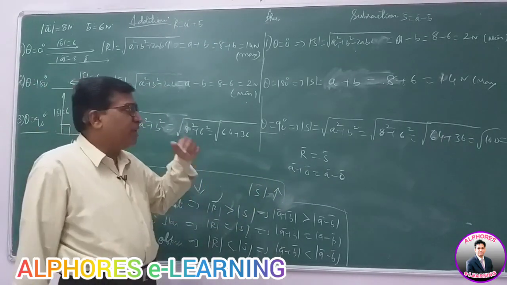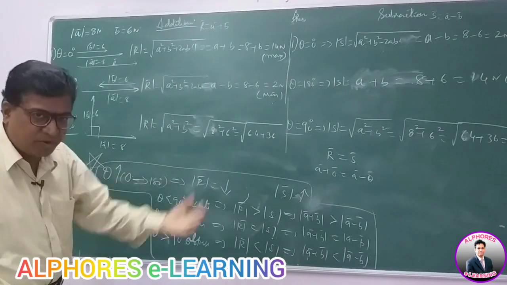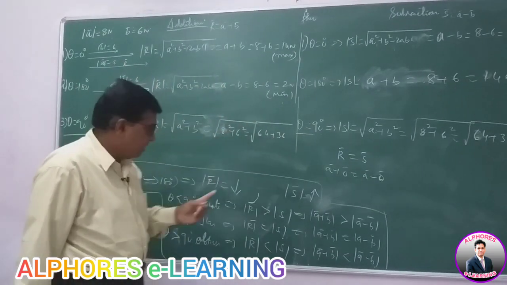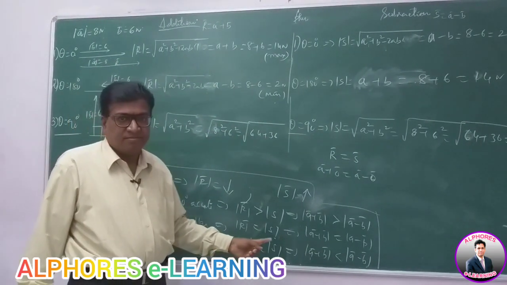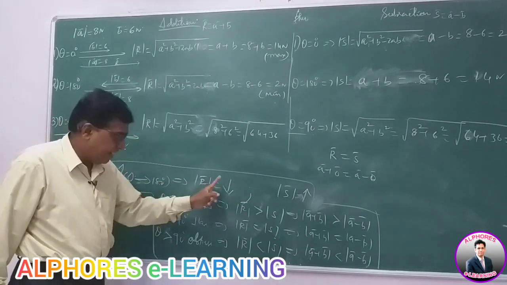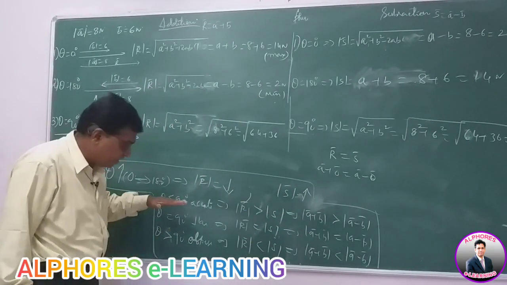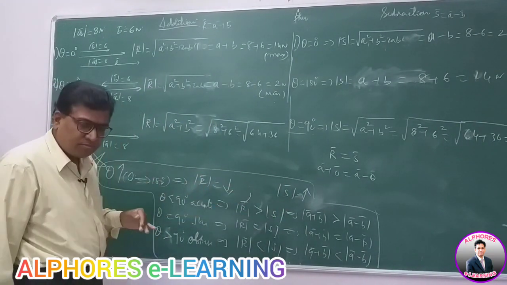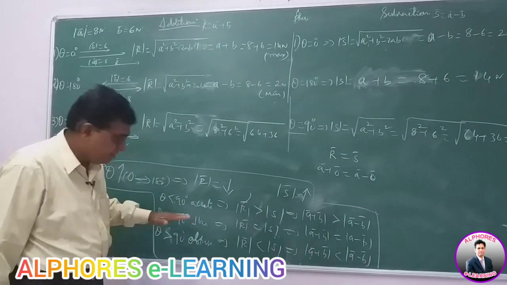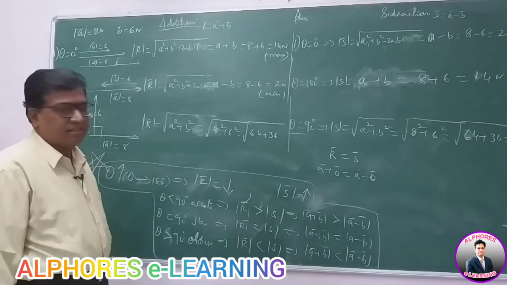So the question is simple, but you can understand the points you can infer from it. In an entrance examination, he may not give you a simple question like this, but he will ask for the inference, the points you infer. As angle increases, what happens? Addition resultant decreases, subtraction resultant increases. For acute angle, R is more. For obtuse angle, R is less. When are they equal? When theta is 90 degrees. Okay, right, thank you.